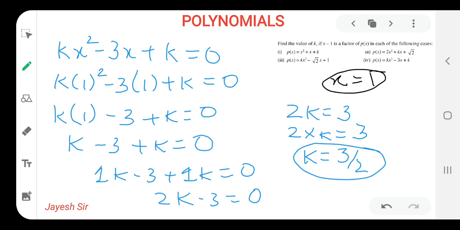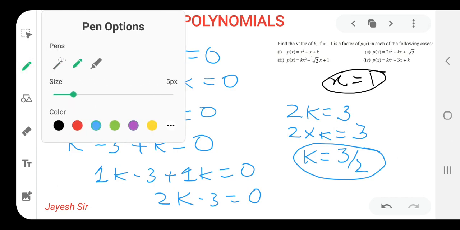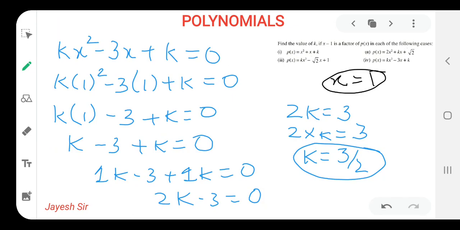I hope you all have understood and cleared your concept over here. Again, I am repeating it. We have first put the value of 1. Then afterwards, what we have done, friends, after doing that, we have reached till this step. I hope that you won't be facing any problem till this step. Afterwards, what we have got, 2k, 1k plus 1k, that means total 2k are there, and minus 3 as it is. Now what we can do here, minus 3 is having a negative sign on this side of the equals to as per transposition theorem. Transposition. After going that side, it will become plus 3.